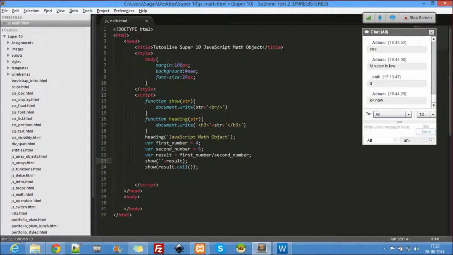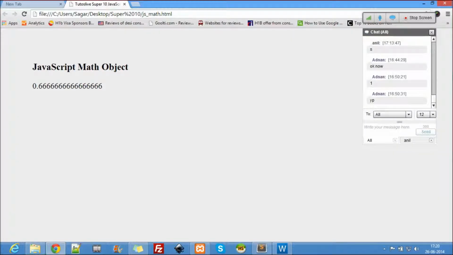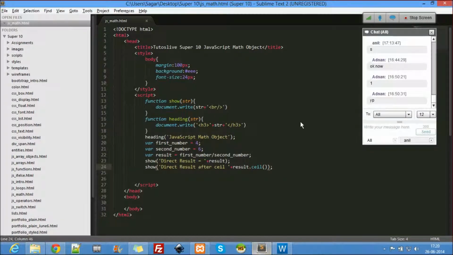Direct result equal to 1. You sure? Direct result after ceil. Okay, let's see. Something happened there. Oh, Math, I'm sorry.